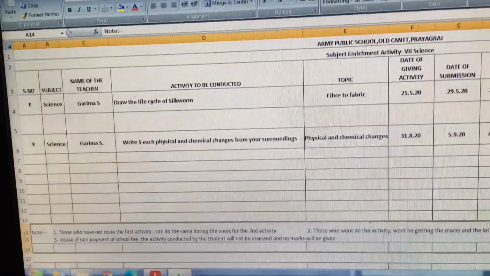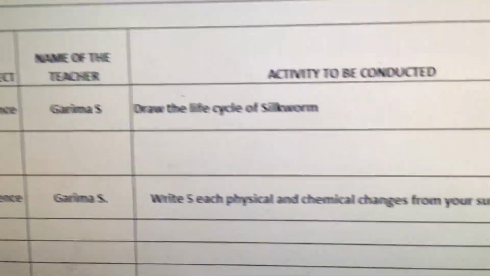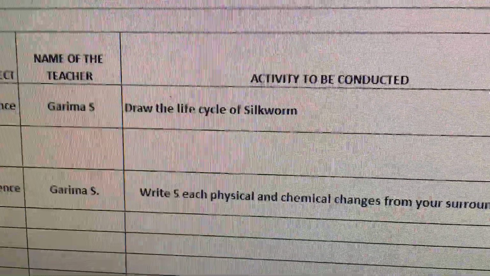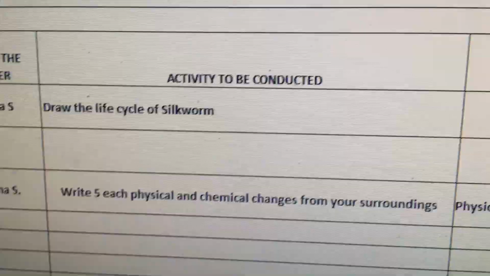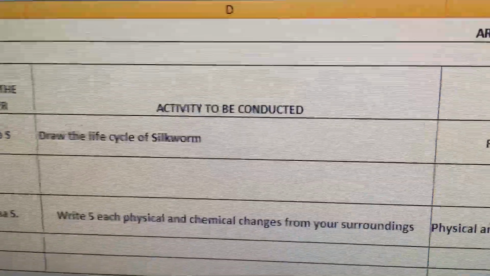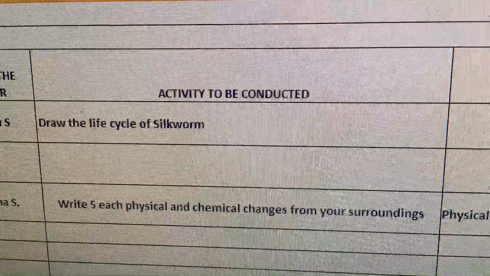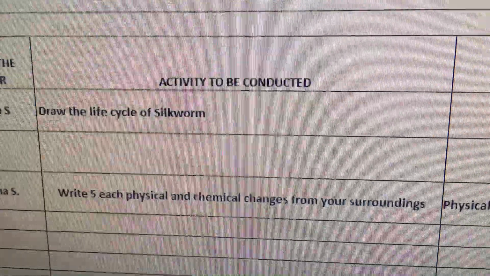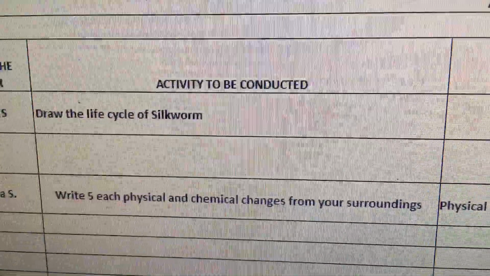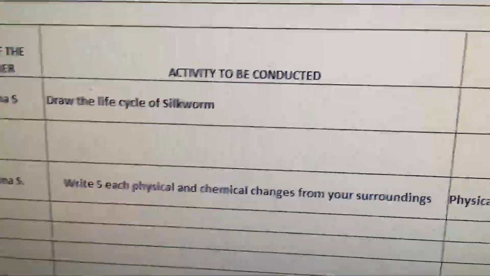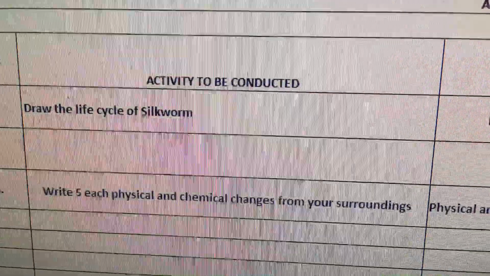There are two activities. One we have already done, draw the life cycle of the silkworm. But I would request you to do it again because that time the presentation was not so good and it's been a few months. It might be kept here and there, right? So why don't you do it neatly and nicely again? You can put a model of it also. I'll be explaining one by one how you are supposed to do this activity, right?